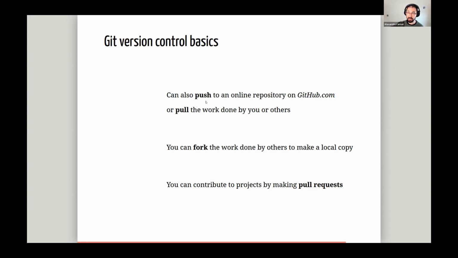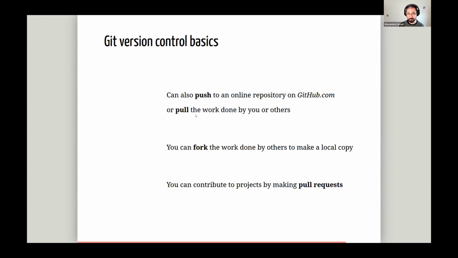So basically in GitHub, it will make an update and it will include all the changes that you have on your local computer. So it will be updated to include all the commits you have locally. If you want to get the latest version of the software that is on GitHub, you can do a pull. So when you do a pull, you download the latest version of the code. So this is very useful when you collaborate with other people. Let's say overnight, someone from the other side of the world did some changes to your code. When you start working, you can pull it, and then you have the latest version of the code,